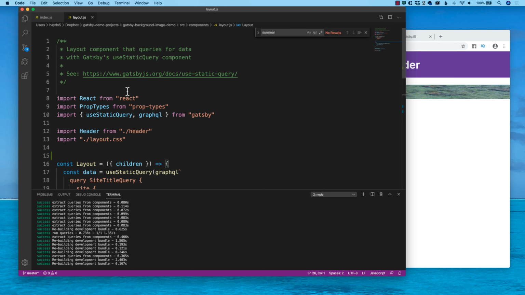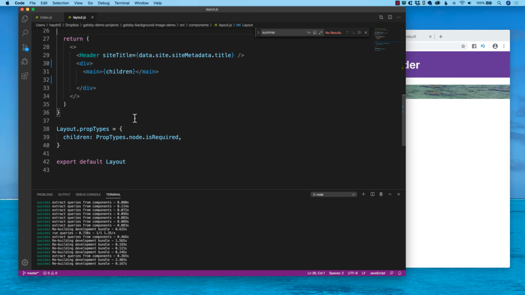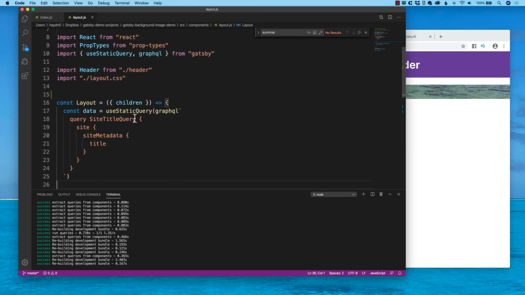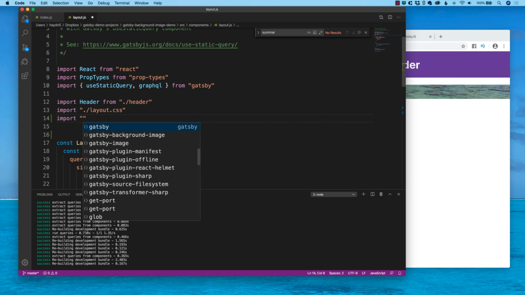So just so we look at this again, this is my layout. I've done a little bit of changes here and there. I've taken out the footer. I changed a couple pieces down below, but nothing really has changed for the most part. It's kind of stayed the way it is. So what I'm going to do is write a new import. I'm going to say import, and what I did was in this design,